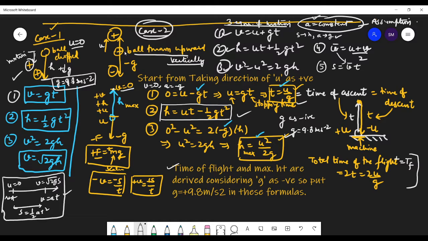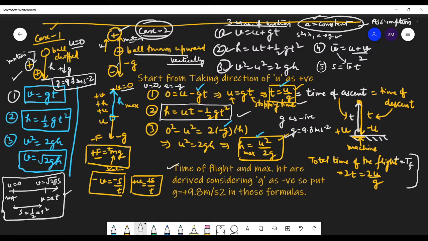Now second case, the ball is thrown upward. So now the direction of motion is upward, and I take it as positive. So upward direction is positive. Let us see your vectors. The initial velocity is in the upward direction, so it will be treated as positive. Now g is always downward, but this time I have taken the downward direction as negative, because upward is the positive direction of initial motion. So g will be negative throughout the motion.